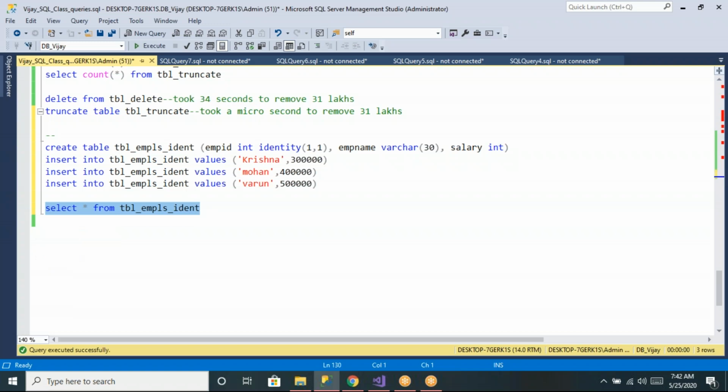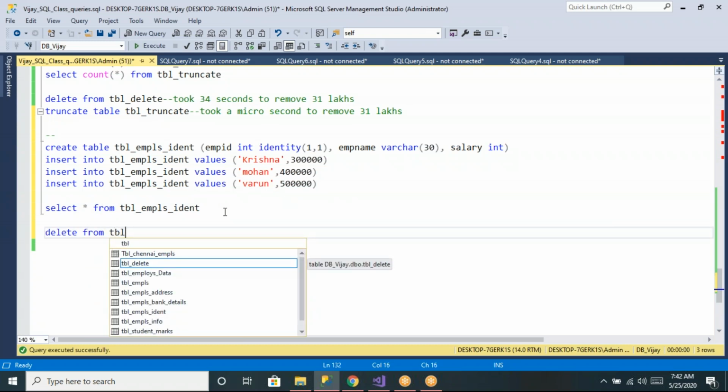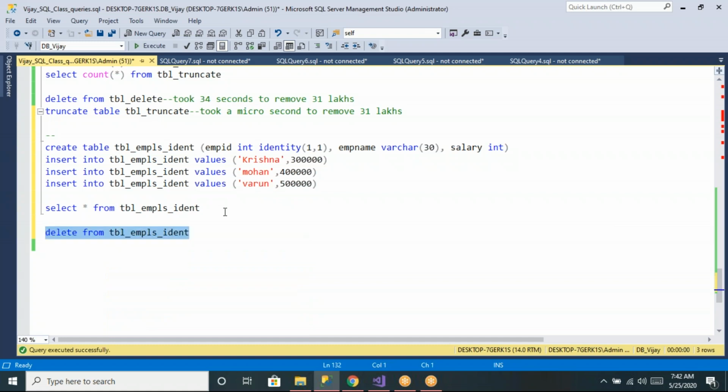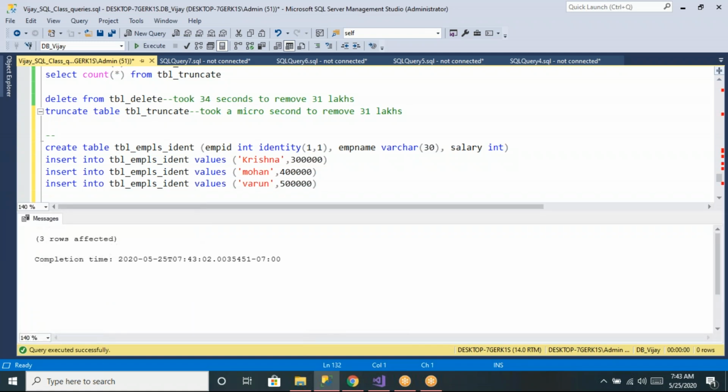That's fine. Now let us come back to our topic, the difference between delete and truncate. Now what I will do is, on this table I will apply the delete. Delete from table_employees_ident. What will happen? All the records will get deleted from this table.